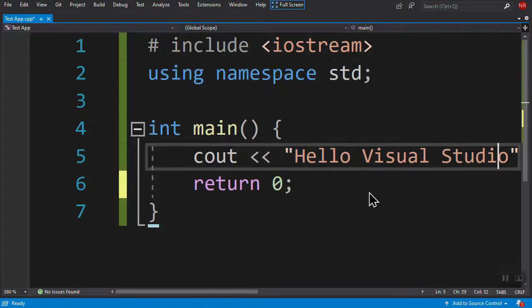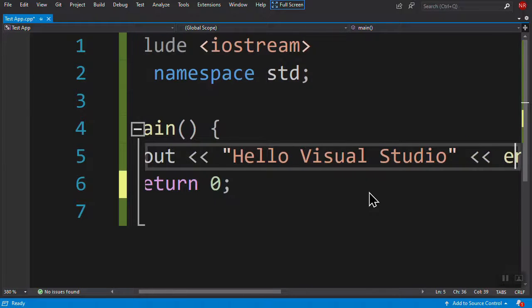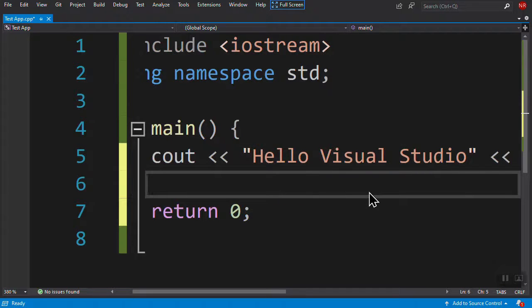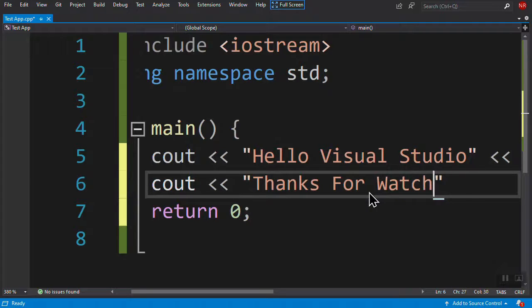There is a lag. Okay, now go here and cout, thanks for watching. The spelling of watching is right now. Watching done. Now when we run it,